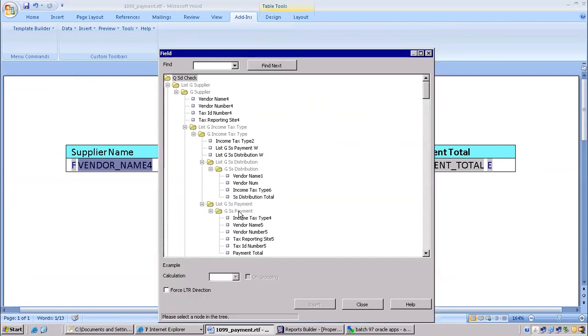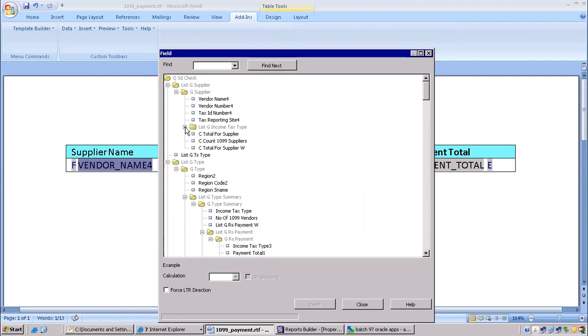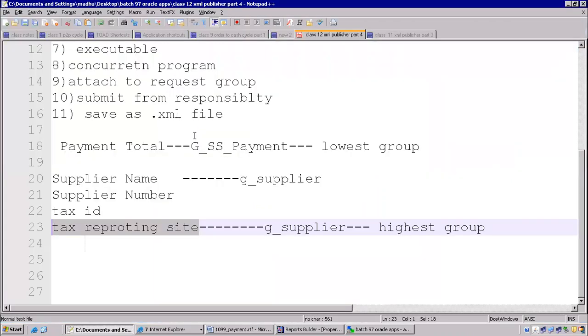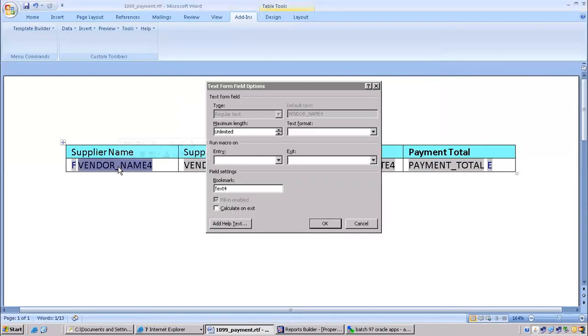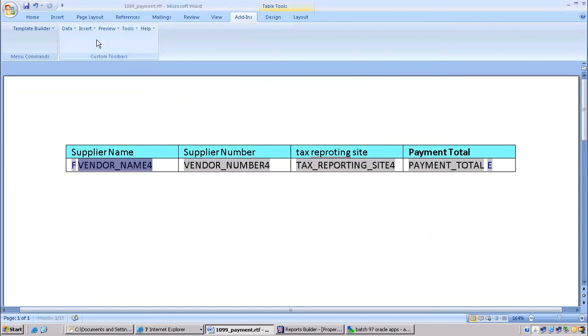You are in the GSS payment, but it is in various levels above. 1, 2. These two are in the same level it is. We should not take here. Okay. Now observe here. 1, 2, 3, 4. So 4 levels above it is. What you can do? 4 times ../ we have to display. So ../ is to refer a master record. That indication, it will just go and check one level above. If it is not found, then it will go to another level, then third level, fourth level. If it finds, it will print it